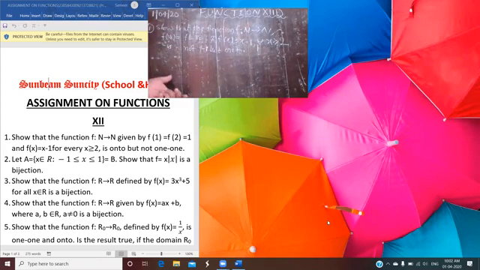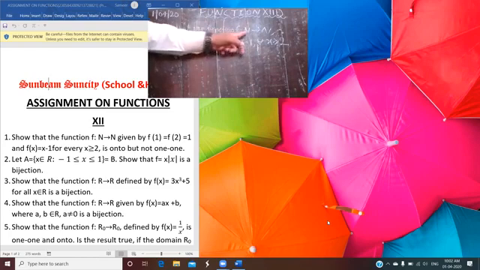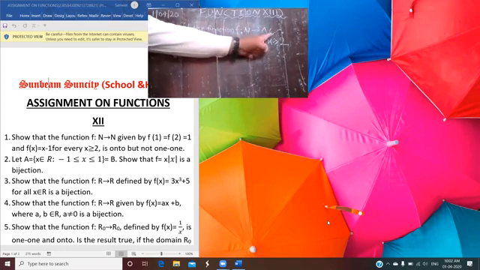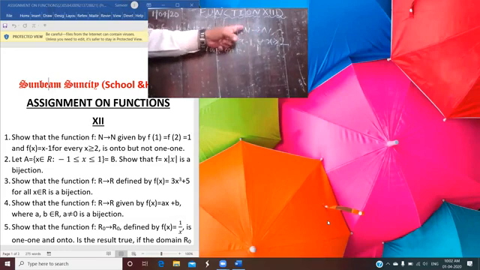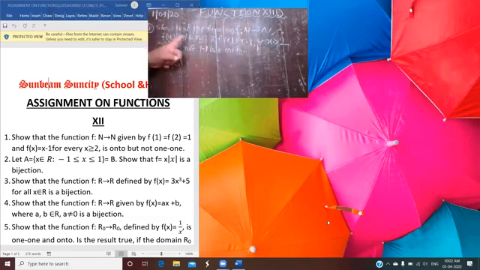You have to learn all the definitions and conditions regarding the different types of functions. See the way by which the function is defined here. Here f(1) and f(2), where 1 and 2 are distinct elements from the domain of f. Here f is from N to N, so N is its domain and no doubt N is its codomain. So the elements 1 and 2 belong to the domain of f, and 1 and 2 are distinct.